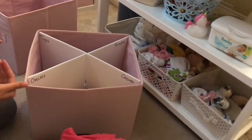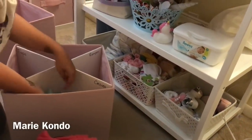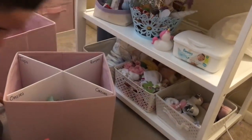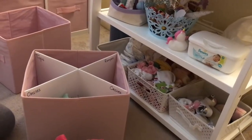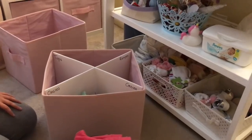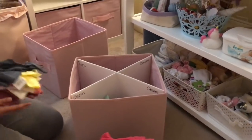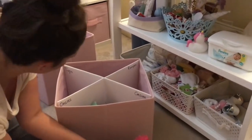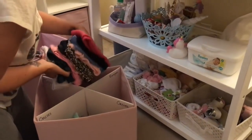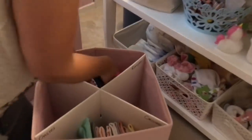Or I can even put them the other way. Yeah, then we can see them like the Japanese organizer lady. And then wait, were we doing tops in the same one? Tops are towards you. Tops, pants, and rompers. No, wait. I thought we were doing pajamas in the whole other bin. Oh, okay, sorry. The other bin will be pajamas and bathing suits. Yeah, stuff that's not every day. Well, pajamas are every day, but you know what I'm saying. Well, then maybe we can switch it. Because it doesn't have to be...